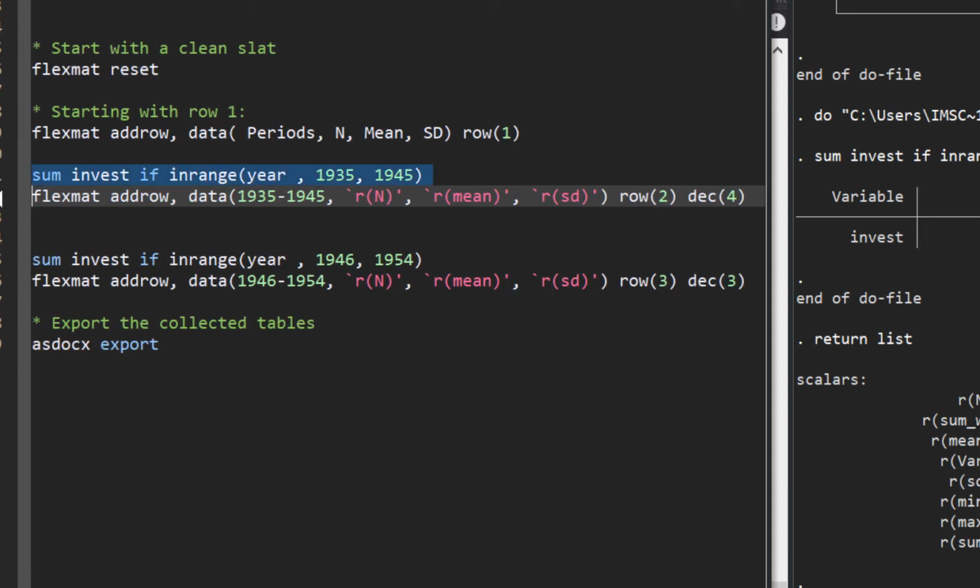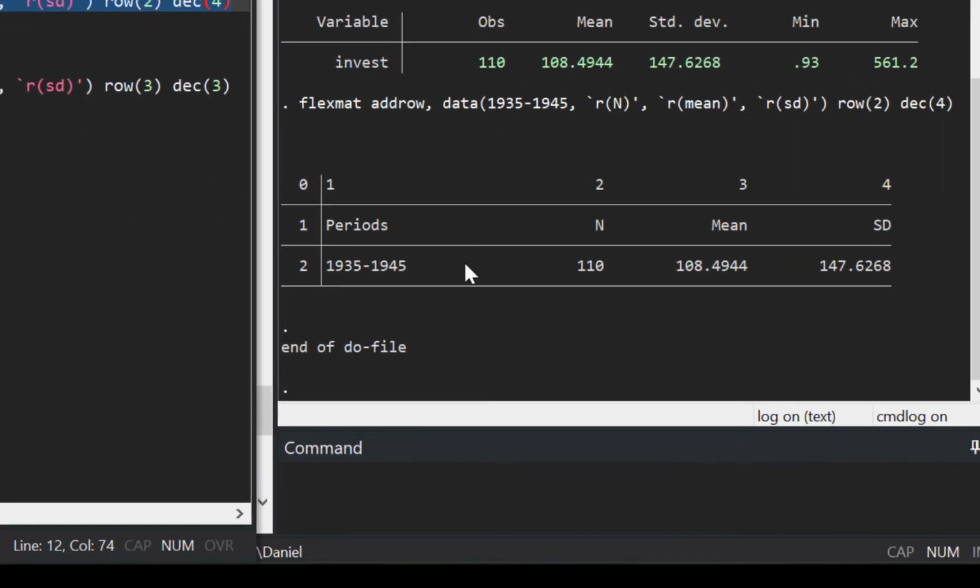So I'll select both these together, and let's see. So you see now we have 2 rows in our table.